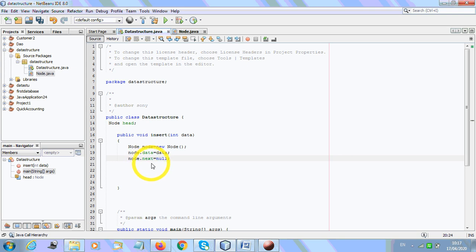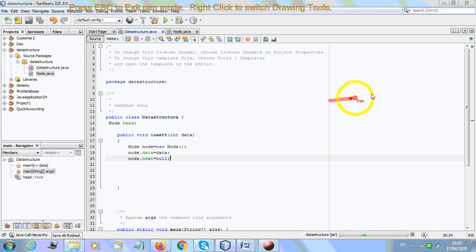If we are having the first node, in its next we are not going to have any address. If I am having a single node, what will be in the address part of this one? Here we are going to store nothing. Here you can have 2, 3, 4, whatever data you want to store. But initially in the address part, we are going to store nothing else. Okay, now see.